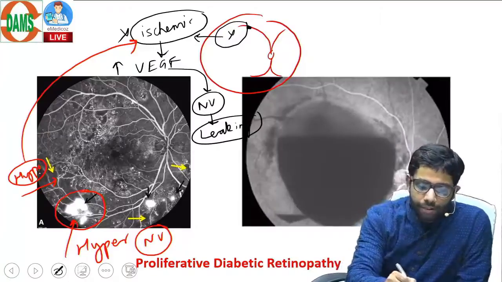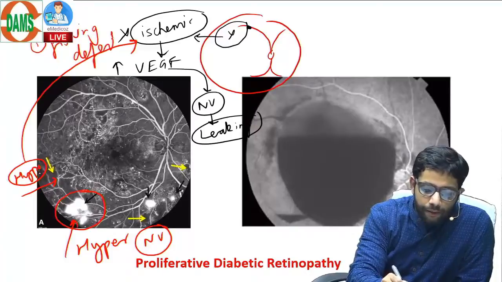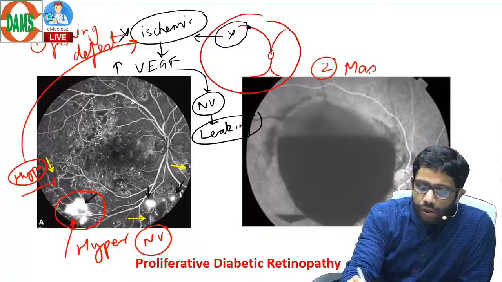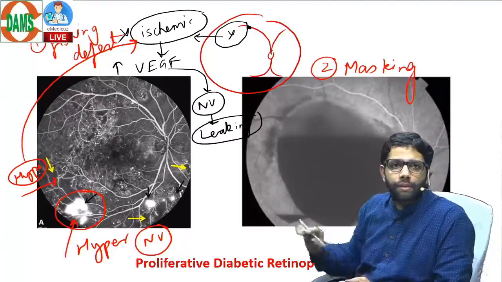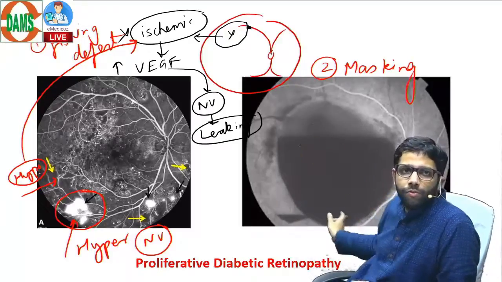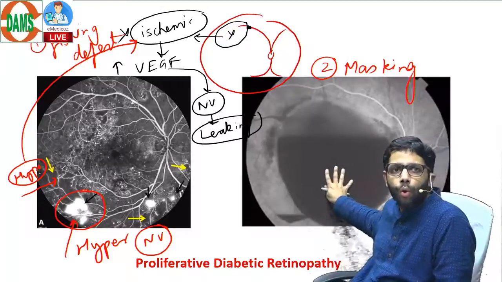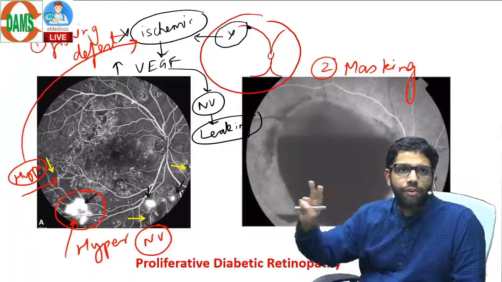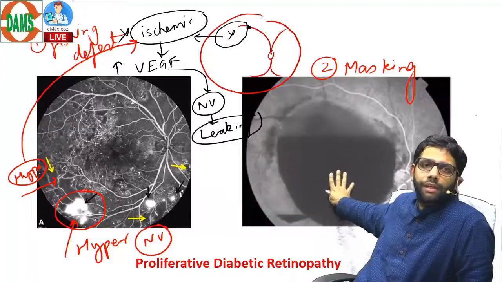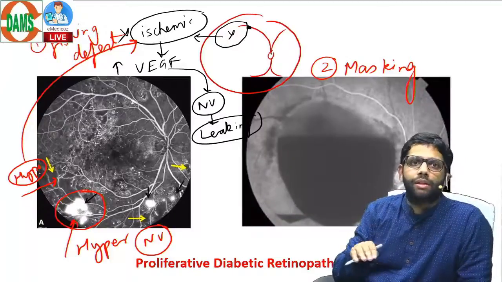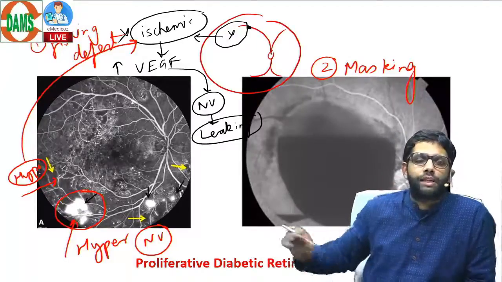So one example is a filling defect which you saw initially in hypofluorescence. Second example is masking of the retina and choroid vessels, because anything which is pre-retinal hemorrhage, vitreous hemorrhage, of course if there is a vitreous hemorrhage, the retina dye, the choroid dye will not be seen, it will be hypofluorescence. Two examples of hypo: filling defect, these dark yellow areas are filling defect, and such a big area because of vitreous and pre-retinal hemorrhage, masking of the retina and choroidal circulation. Everything here is seen in proliferative diabetic retinopathy.